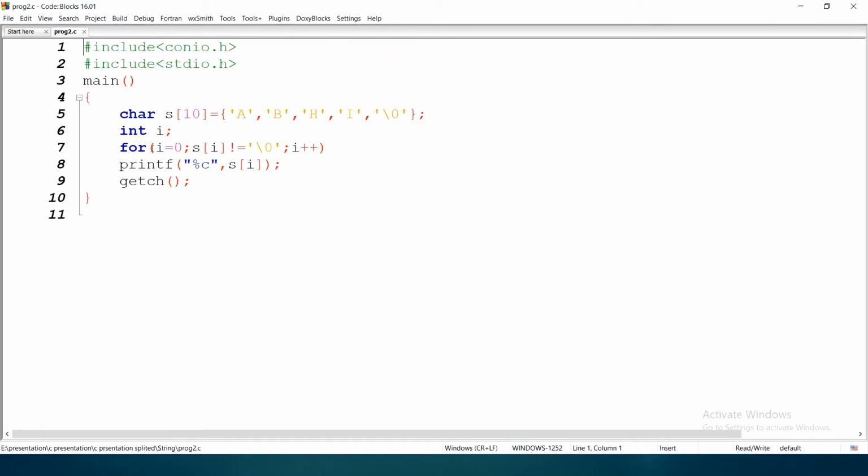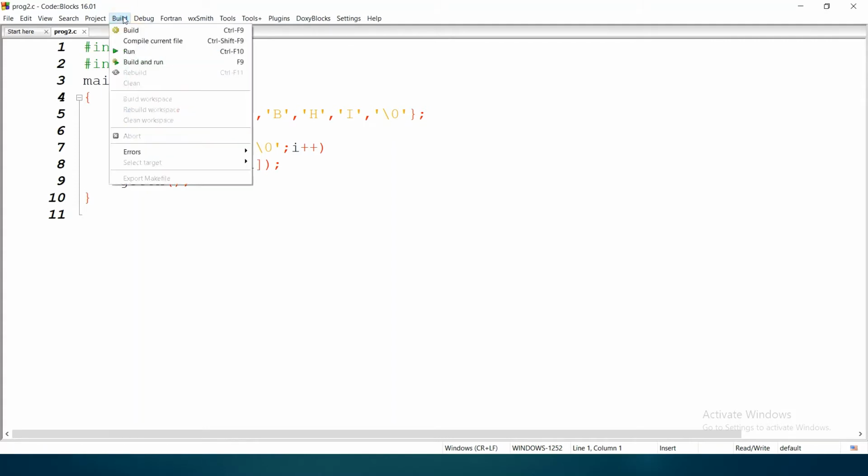Here i equals 0, s[i] not equals \0, till the value of s[i]. When the value of i becomes 0, 1, 2, 3, 4, when the value of i becomes 4, you have to execute this for loop and you have to print this value of s[i].